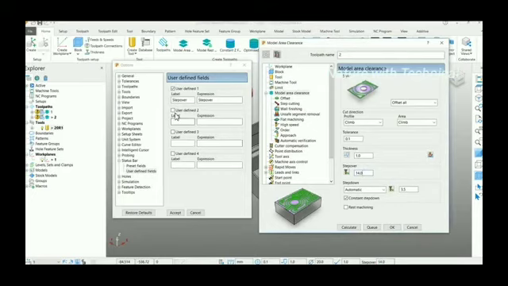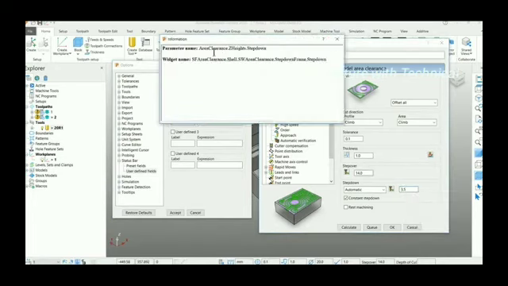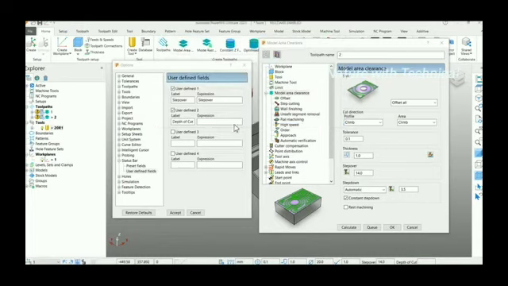Next, I'm going to configure my depth of cut parameter for this particular roughing toolpath. So I right click over the properties here and copy the parameter here. The step down parameter name varies between roughing and finishing. So here for roughing, this is the parameter name. Copy this and paste it here.